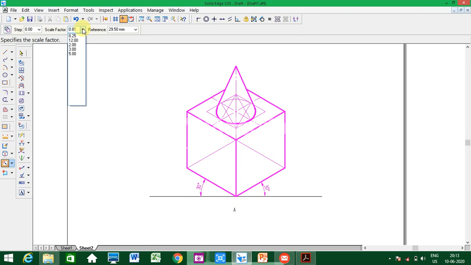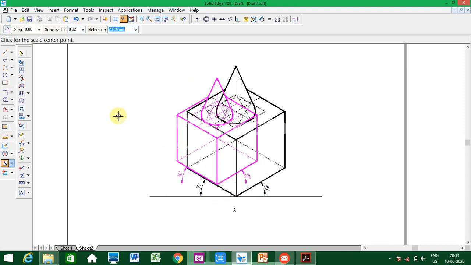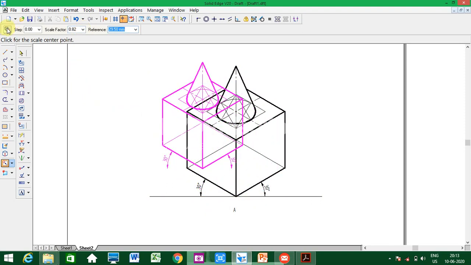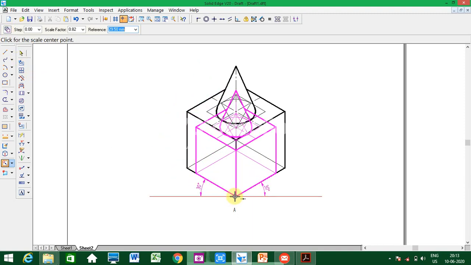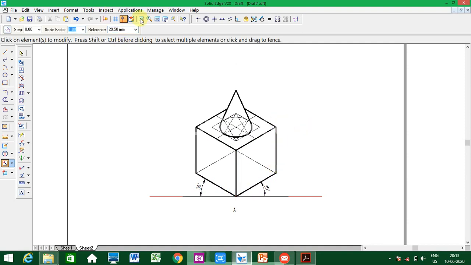See here, can you see it reduce here? So the original figure should not be there. See in this option again, like move and rotate, the copy should be off. So I'll keep the same figure on the same point, on A point. Now this is isometric. It is very easy in computer, but in manual drawing it is very difficult.